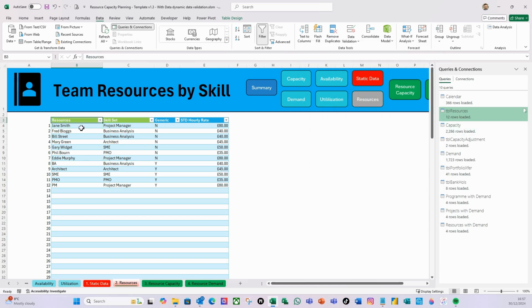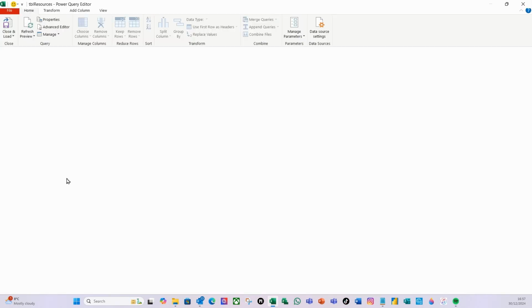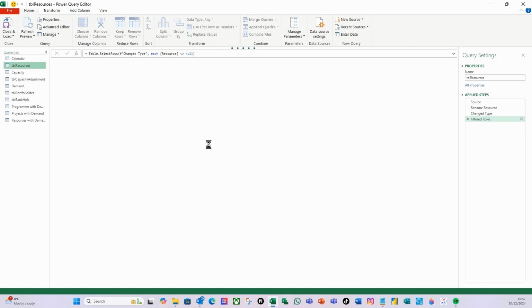You want it to be able to handle the change, because if I take that back to resource and then I go back into here and do edit, watch what happens. I've broken it again because it's now looking for resources and it can't find it. And obviously this here is broken as well. So if I go back to source,